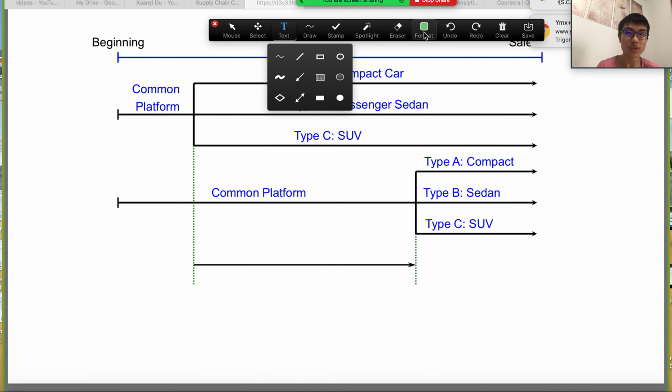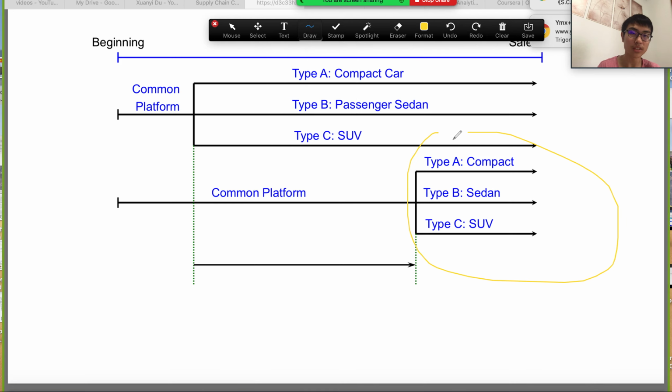So we have to be careful on this part, because sometimes some products' popularity goes pretty fast, maybe in 2 months, and after your common platform, the product is not popular anymore. So you have to ask the question whether it's still popular or not. Second question is